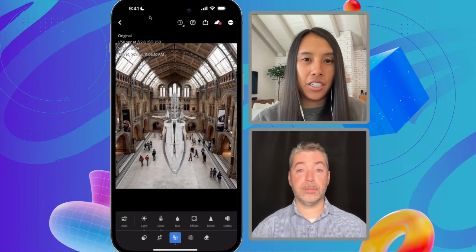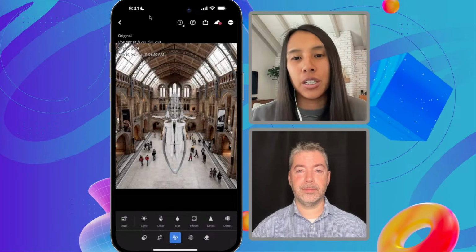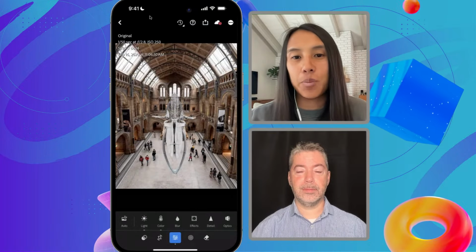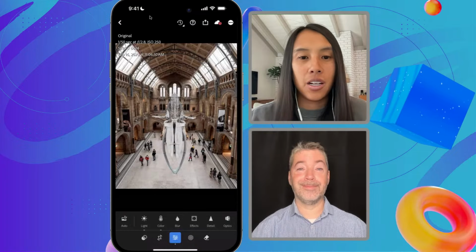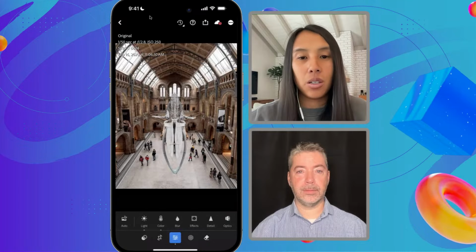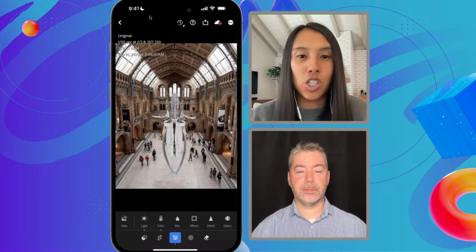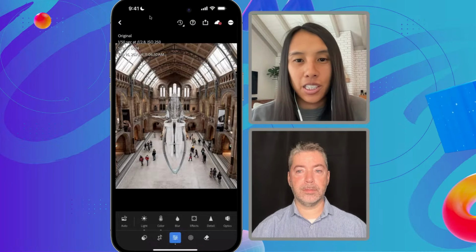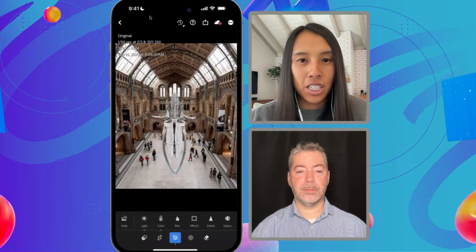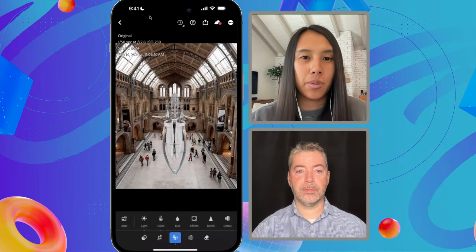This was taken in London at the Natural History Museum. If you've ever been here before, I would say there's actually not a lot of people in this photo compared to other times. If you go during peak hours, this place could be much more crowded. I think we got here as soon as it opened and there were still so many people. And so an image like this, for me personally, I don't think it's an image that I would post on my social media, just because my style is more